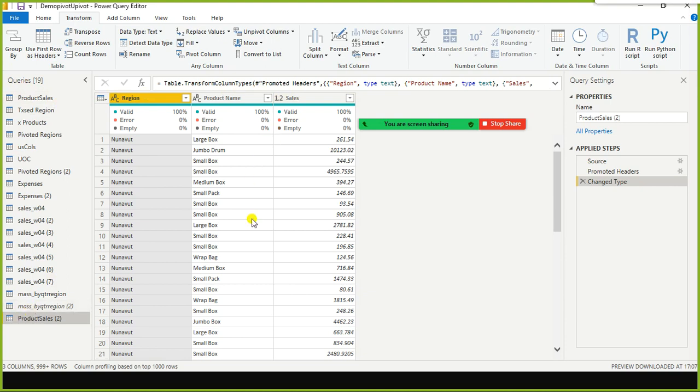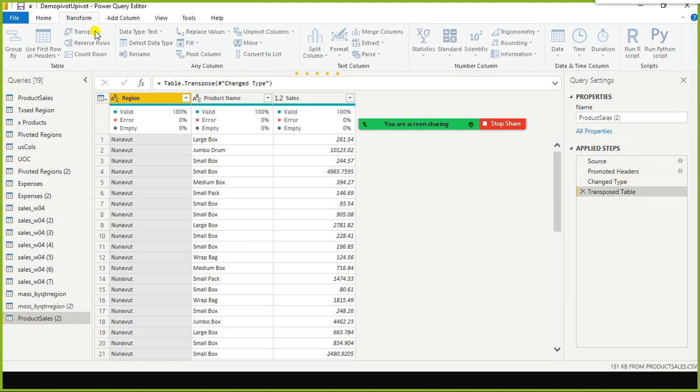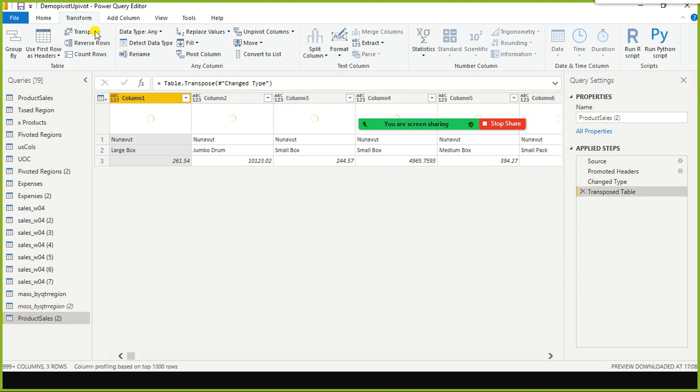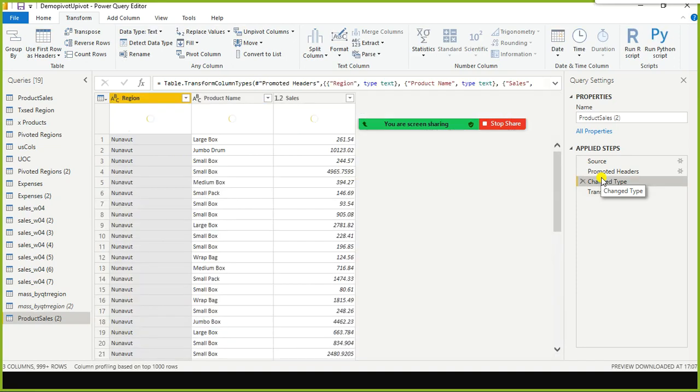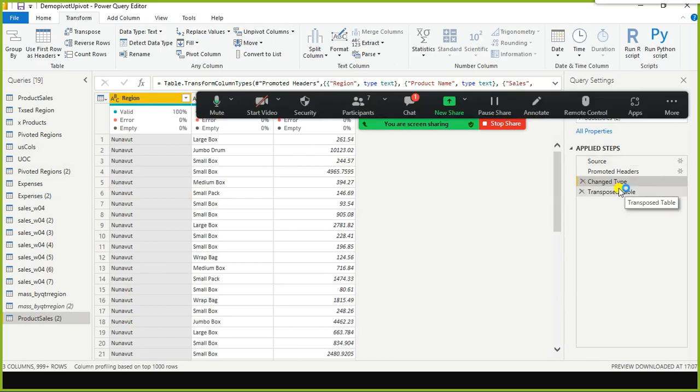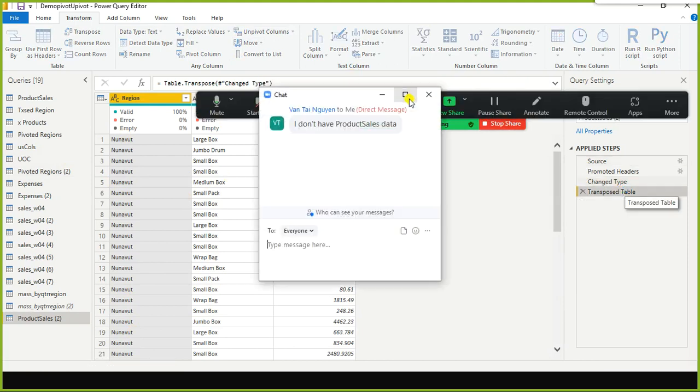So now what I do is I'm going to use transpose. If I use transpose, let us see what happens. All your rows should be converted to columns. Here I just go back to the previous one. Look here, the region, product name. So these are the regions, and the product name, and sales is there. If I do transpose,